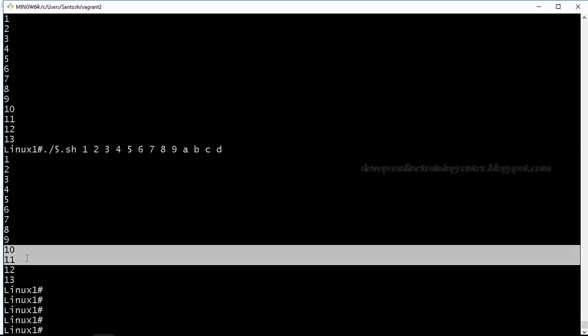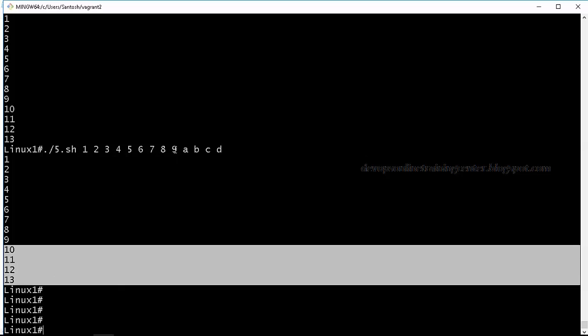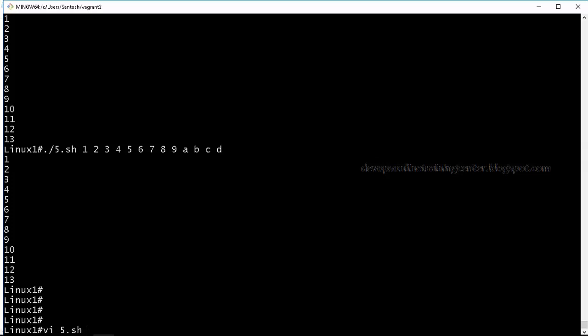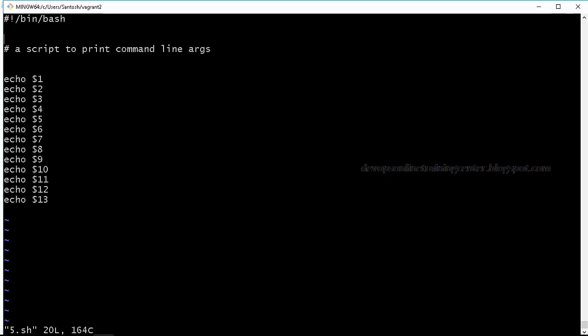It has printed 10, 11, 12, 13. So it can print only up to 9. After that, if I give $10, it prints $1, which is 1, and then it prints 0. So if you want to print the complete thing, we need to give it in curly braces.